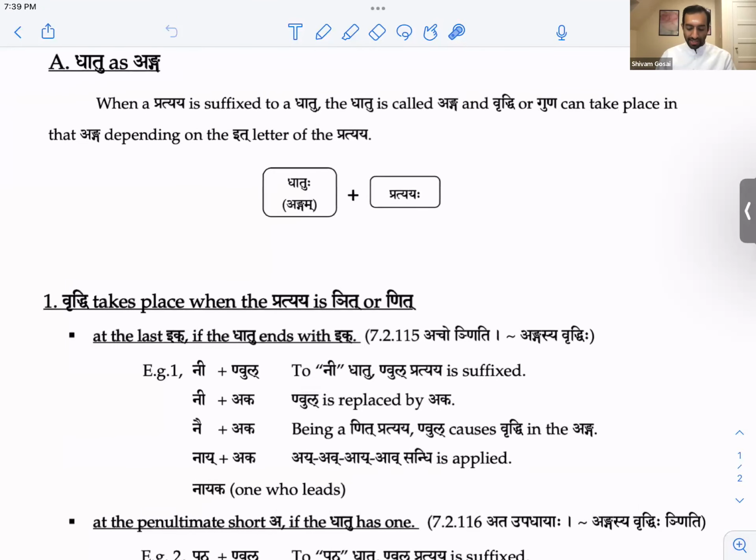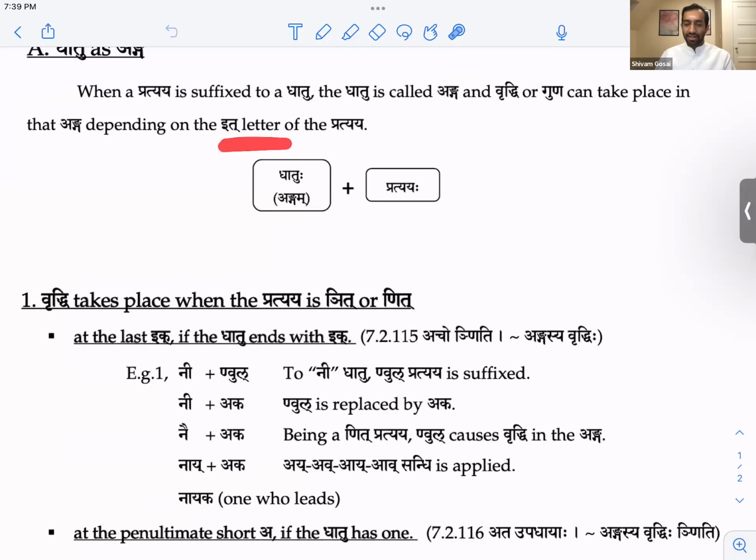So remember, I kept saying, oh, guna will take place, vriddhi will take place. And you just had to believe me at that time, right? Because we didn't study this yet. But guna and vriddhi take place because of the it letters. The it letter tells you whether guna and vriddhi can take place. So you can see now how much meaning is packed into each of these suffixes, why they're named such.